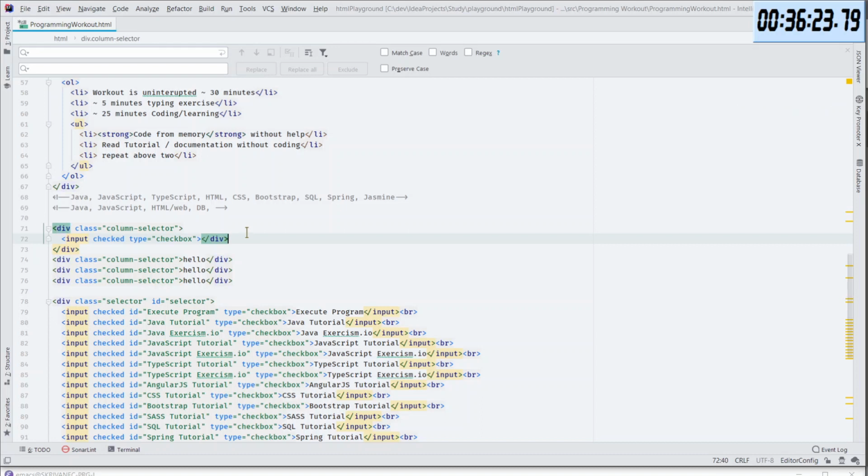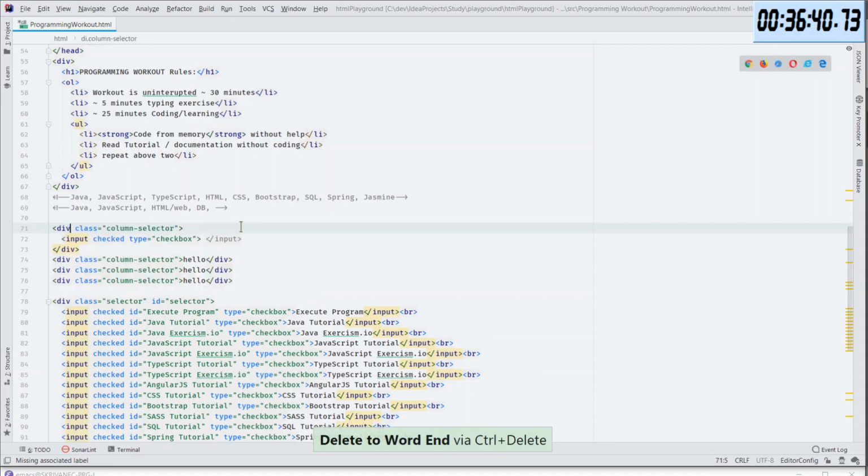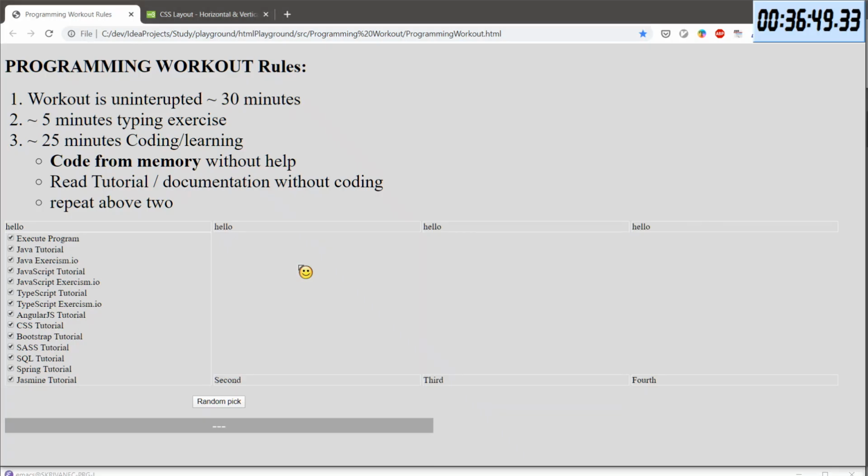And I don't want this, but I will do, crap. Maybe this will work.